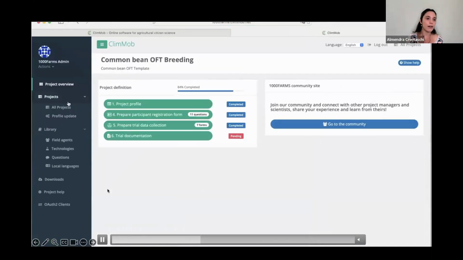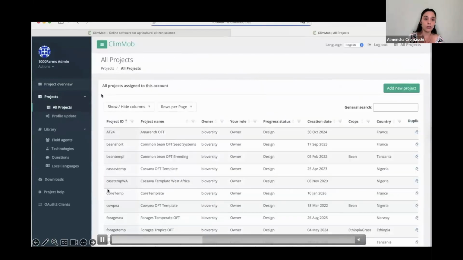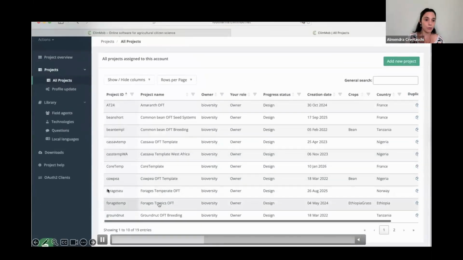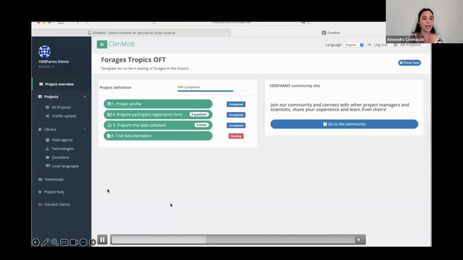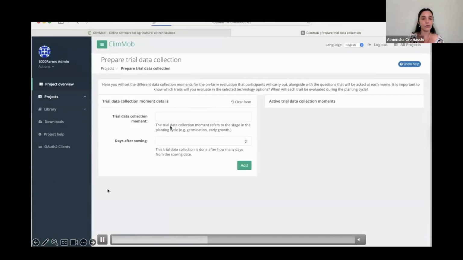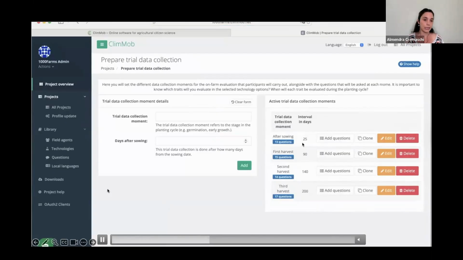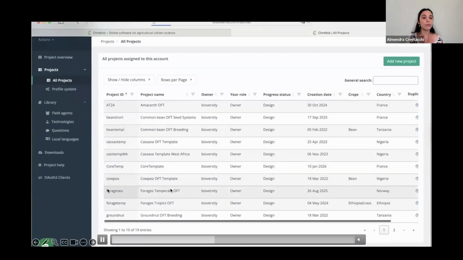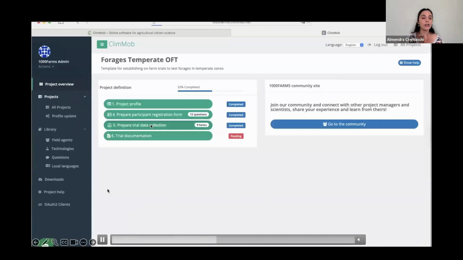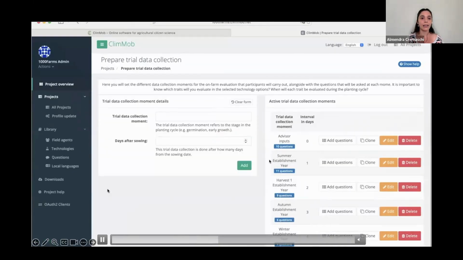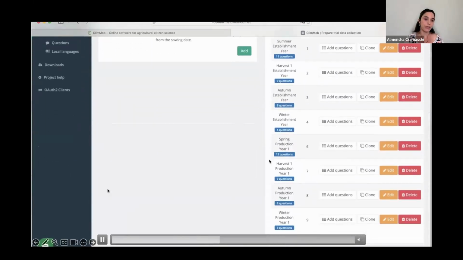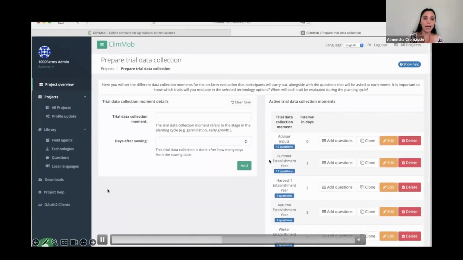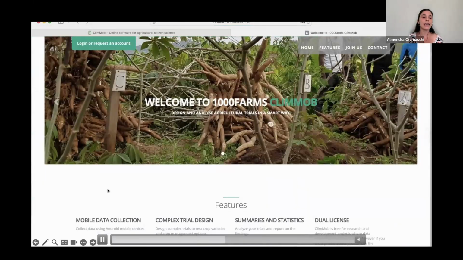As I was mentioning, we have different protocols for the same crop. I will demonstrate that with forages, for example. We have a protocol for tropics with a set of questions defined for this crop with basic crop stages. And we have also another protocol for forages for temperate regions with tailored data collection moments that adapt the protocol to the environment. Now, I will show you how you can use these protocols and operationalize this in your own